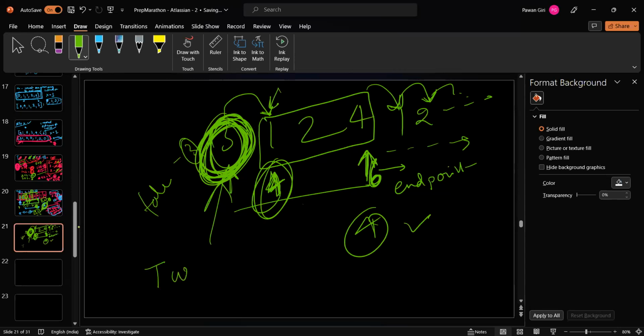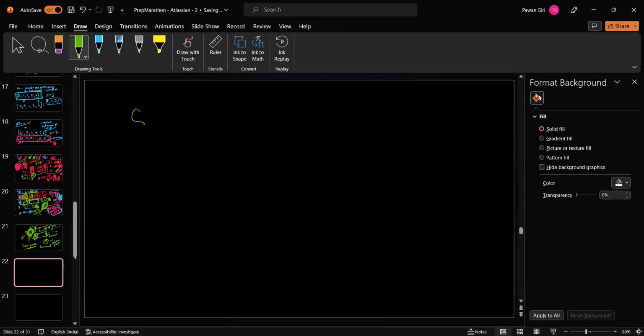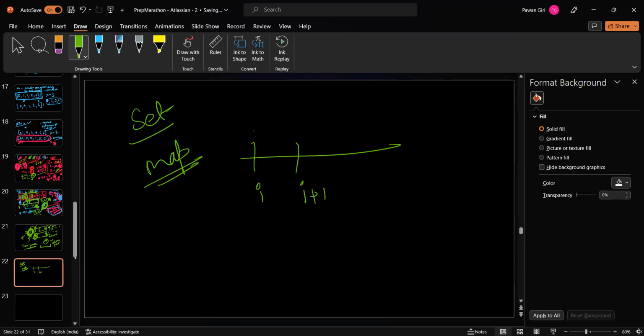So this is basically a two-pointer problem. Two-pointer problem where you need to see in your range all the distinct values are present or not. And in earlier problem, we used set data structure and map data structure. Okay, for similar things. What we are doing here, I am going from index I to I plus 1. So while going, what I am doing, I am losing a candidate of this talent. So in this case, with the help of map, I can decrement the count. So count of this talent I